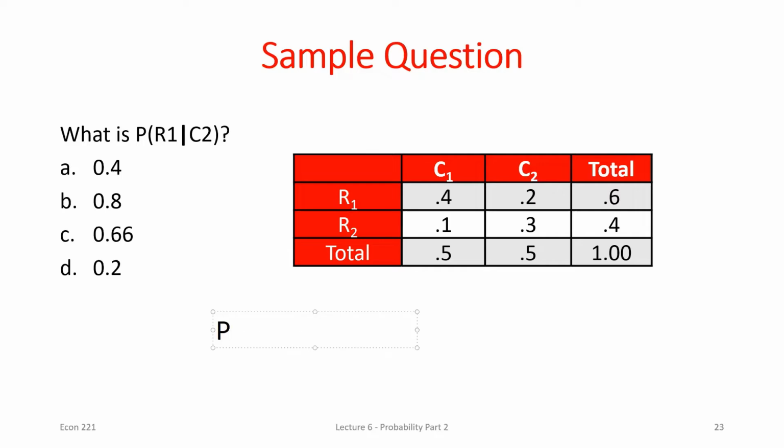So if I want the probability of R1 given C2, I know that I can rewrite that as the probability of the intersection of the two, right? And then divide by whatever I'm conditioning on. That was the equation we had. So what I'm really looking for here is the